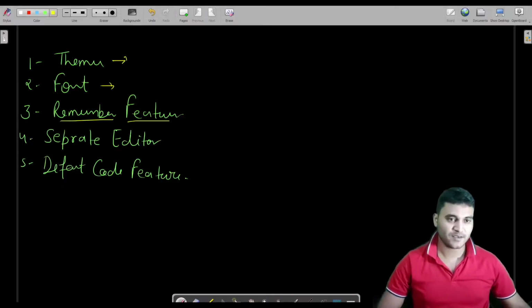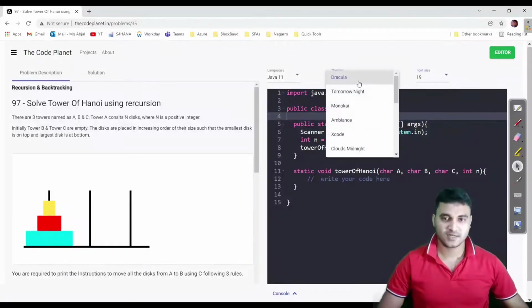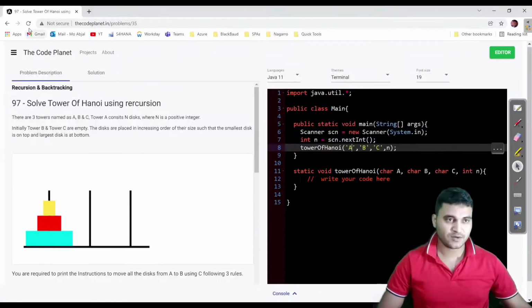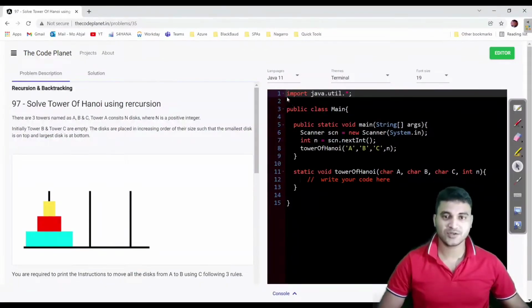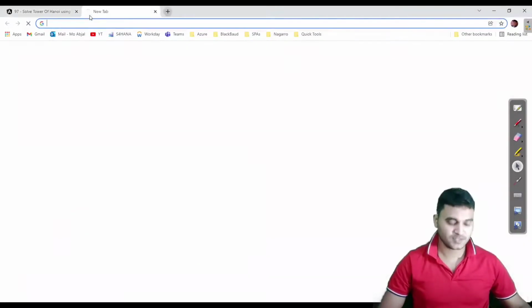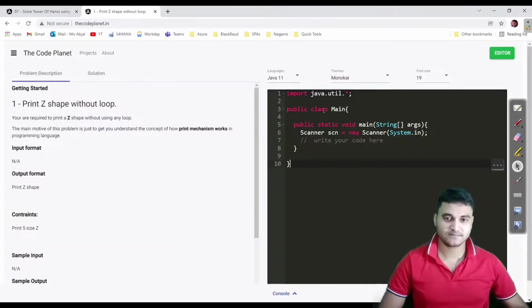The third one is the remember feature. This is the most interesting one, let me show you. Let us say currently the Dracula theme is selected, and I want to select my terminal theme, and if I open or refresh it again, then it should not be gone. It should exist, stored in the session. This is a very interesting feature, I would say. If I open the same URL on another domain, I would still have the same theme.